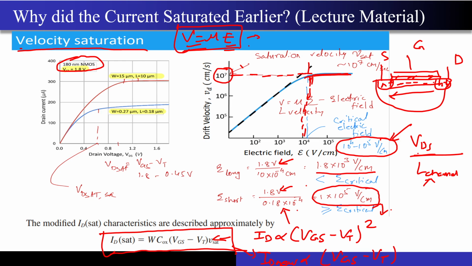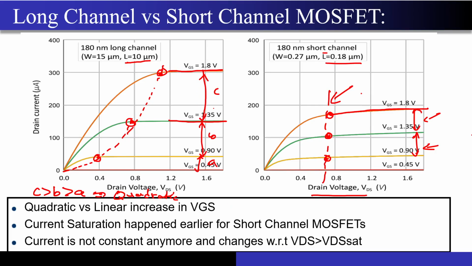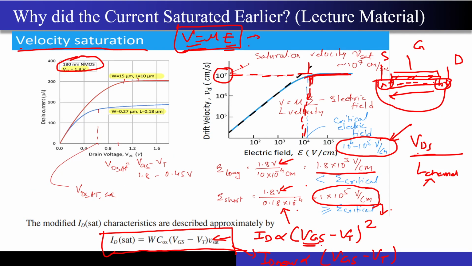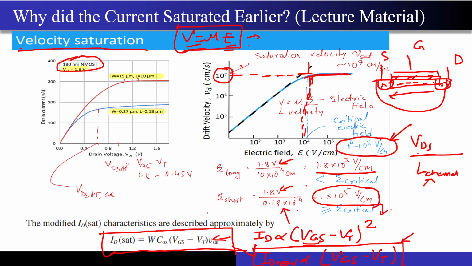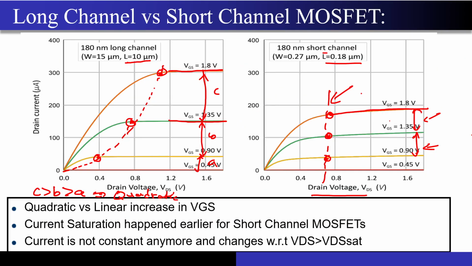So that is why you were seeing that when the Vgs was increased, I was getting a quadratic increase in the current over here, correct? C is greater than B is greater than A. But over here, if I increase the VGS, the increase in the ID will just be linear, because my MOSFET is now operating in the velocity saturation mode, correct? This was one of the important things, which at least cleared two of these things: why this distance is increasing linearly, and the next thing, why the current got saturated after a certain point, right?